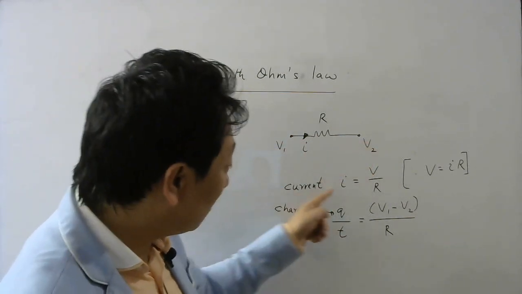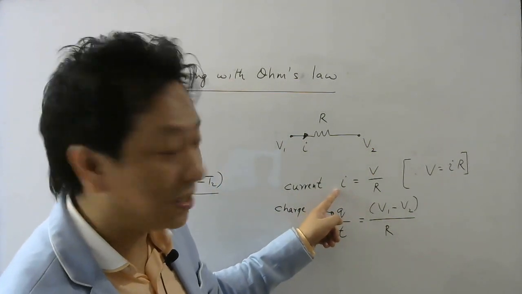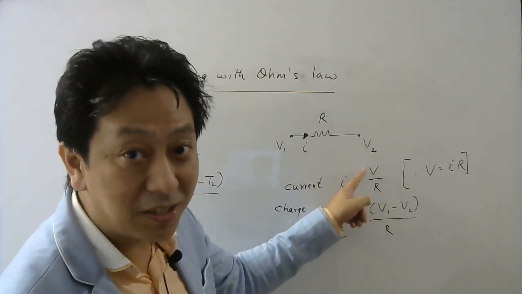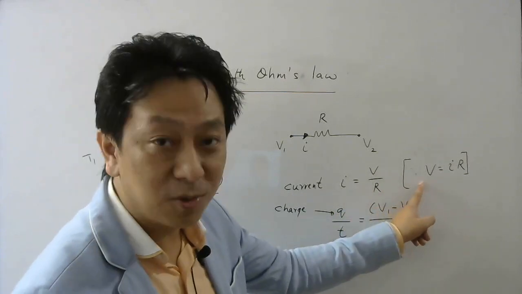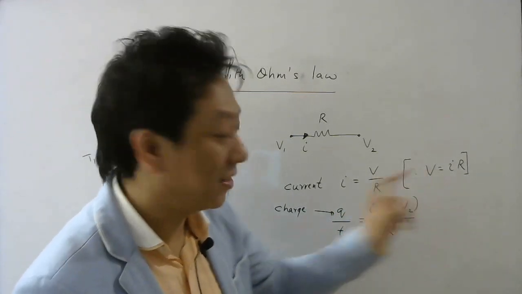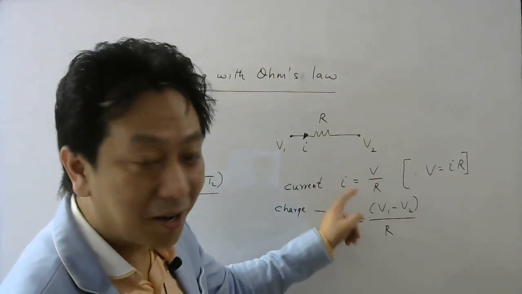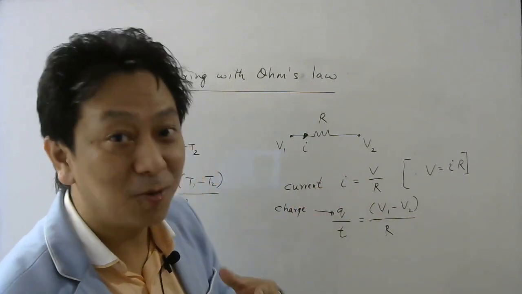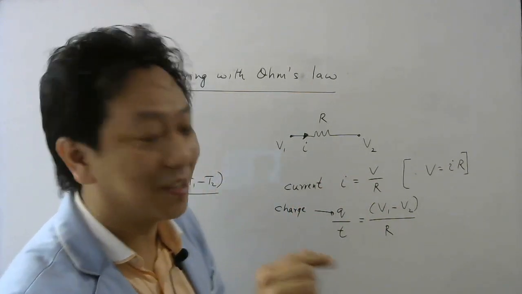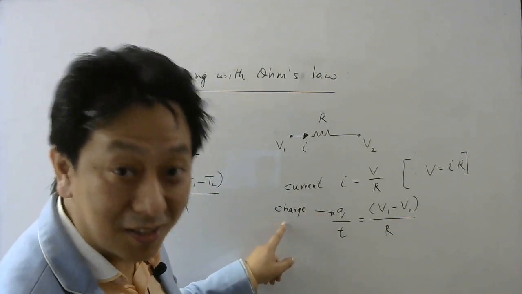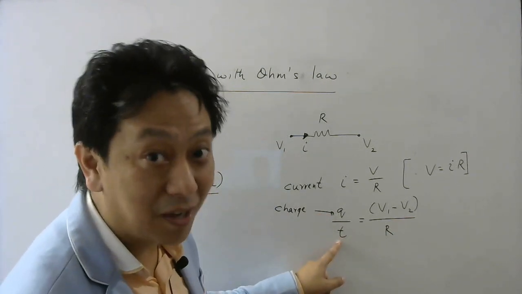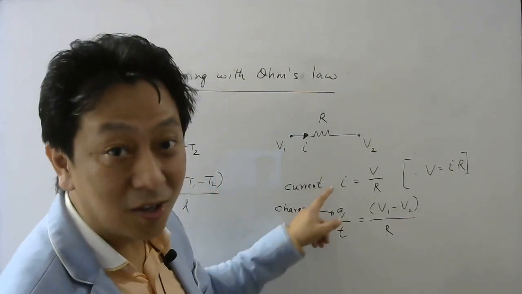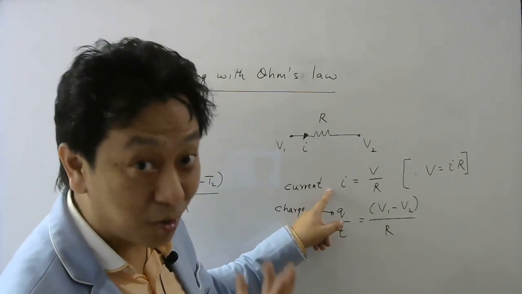Now when I say current flows, the formula for that current is given by potential difference divided by resistance, because Ohm's law we write V equals IR. Therefore I will be V by R. Now this current is actually the rate of flow of charge. So if small q represents charge and t represents time taken, then q by t is your current, rate of flow of charge, which is called current.